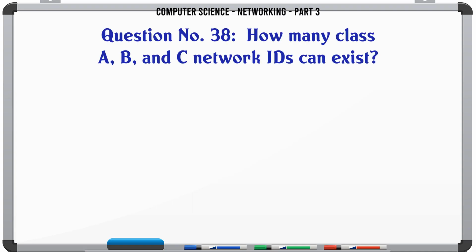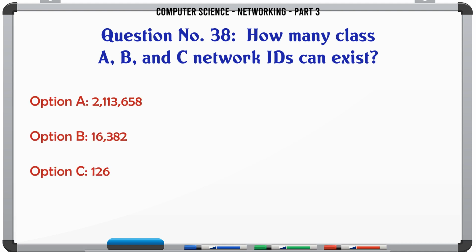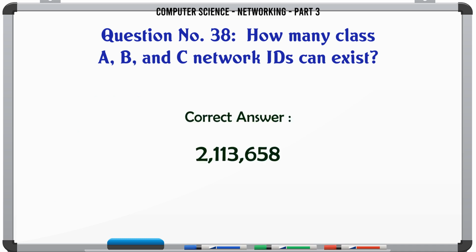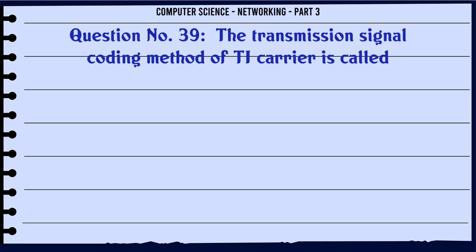How many Class A, B, and C network IDs can exist? A. 113,658. B. 16,382. C. 126. D. 128. The correct answer is 113,658. The transmission signal coding method of T1 carrier is called